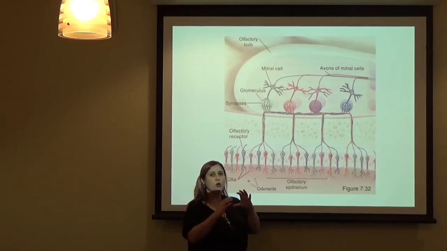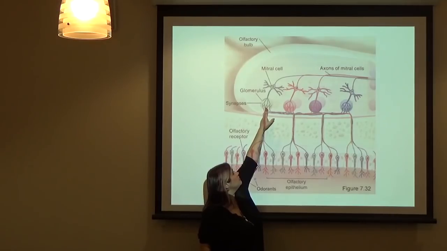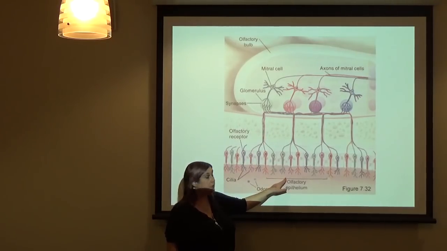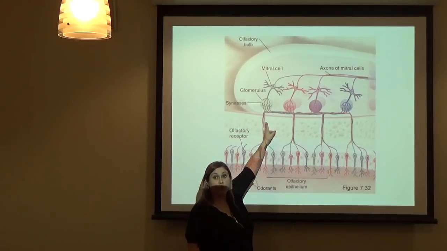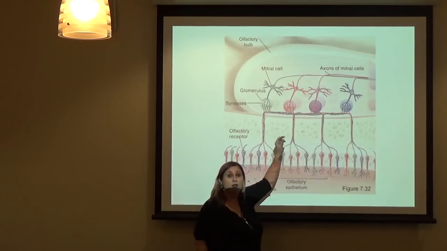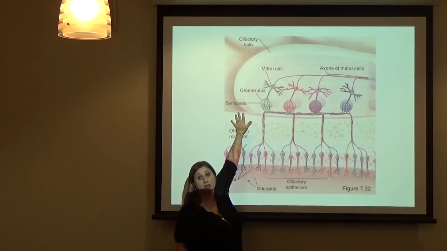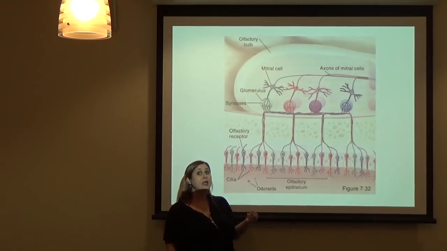And the olfactory bulb is made of a bunch of clusters of cell bodies with their dendrites connecting to the end feet of the receptor cell. So the receptor cell sends its axon up into the olfactory bulb, and it sends its projection to one of these little nodes, each one's called a glomerulus, or plural, glomeruli, okay?